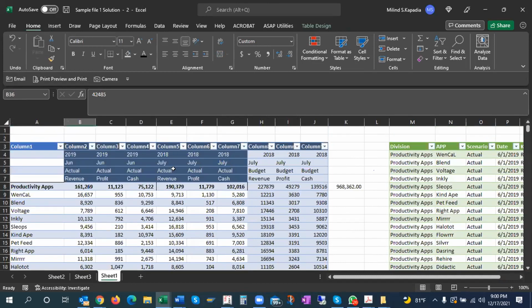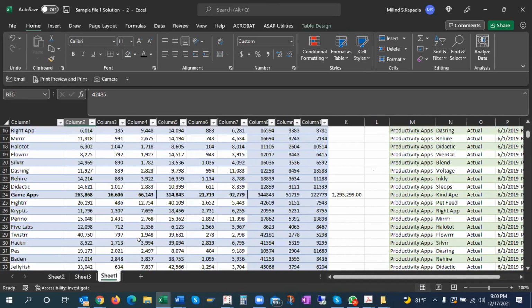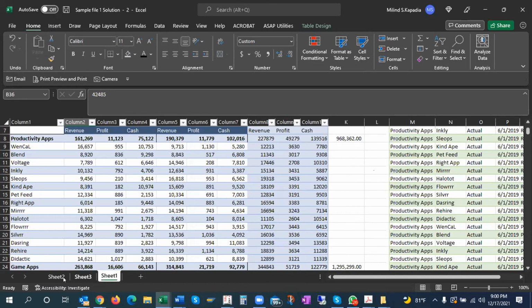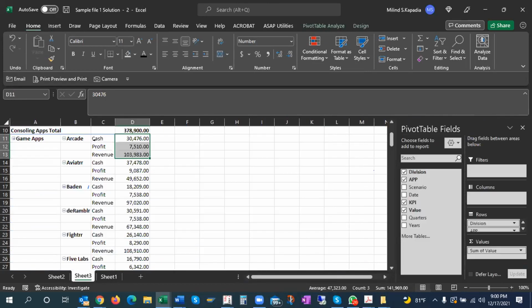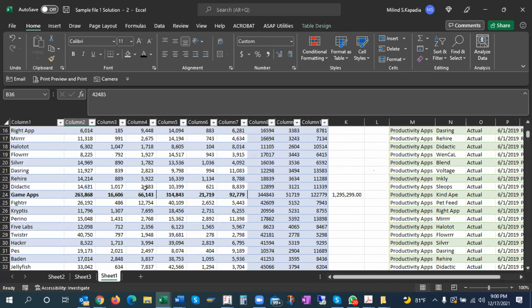So it is added both because, no, one minute. Oh, I have not given the... yes, I have not given the... one minute. We are checking this. I am checking cash first. 30,476. So this is my cash.